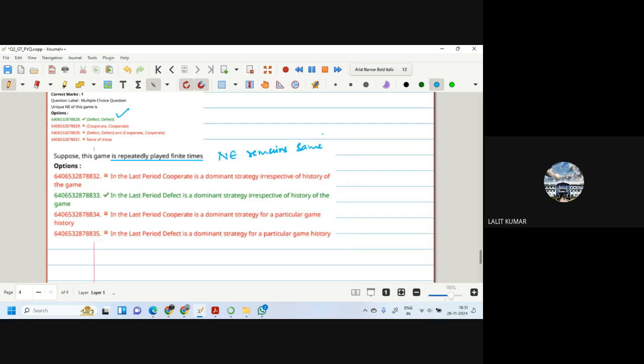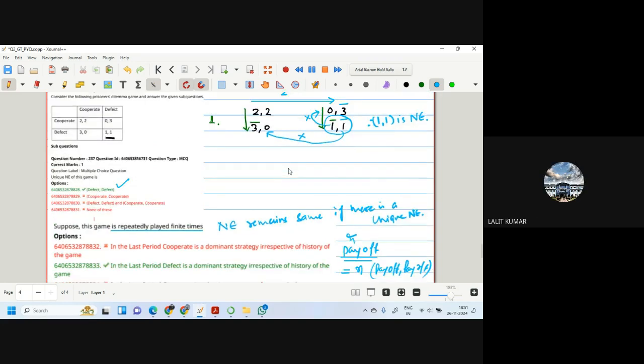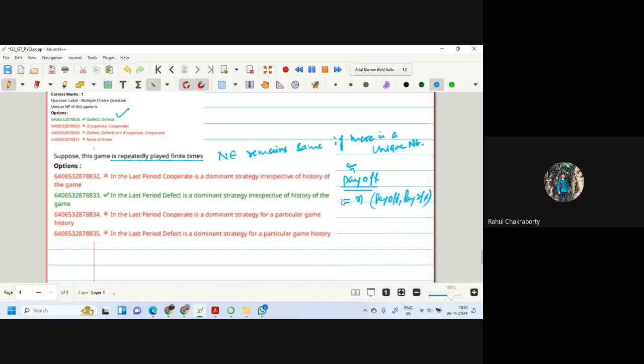ओके। ये तो फिर वैसे ही हो गया जैसे वी वर एक्चुअली मेकिंग द नैश, राइट? कि पहले यूजर वन चलो फिर यूजर टू चलो। और पे ऑफ जो होता है, पे ऑफ इज ऑलवेज n इनटू इनिशियल पे ऑफ। ये जैसे याद कर लीजिए। जैसे इनिशियल आपका (1,1) था, तो सेकंड में ये (2,2) हो जाएगा, थर्ड में (3,3) हो जाएगा, डिपेंडिंग ऑन द नंबर ऑफ टाइम्स यू आर प्लेइंग द गेम।